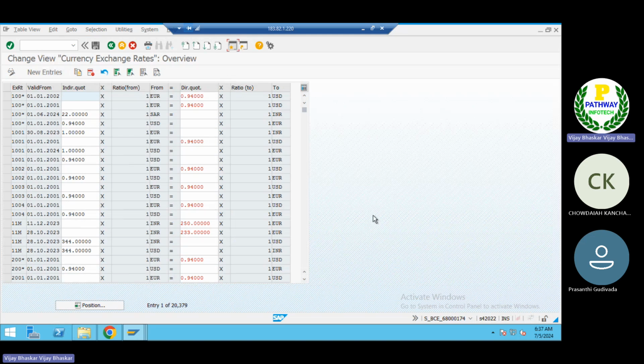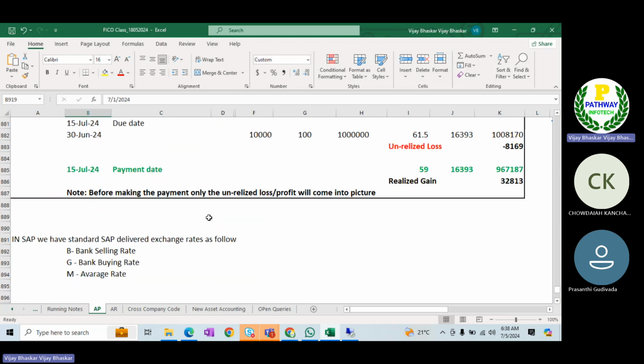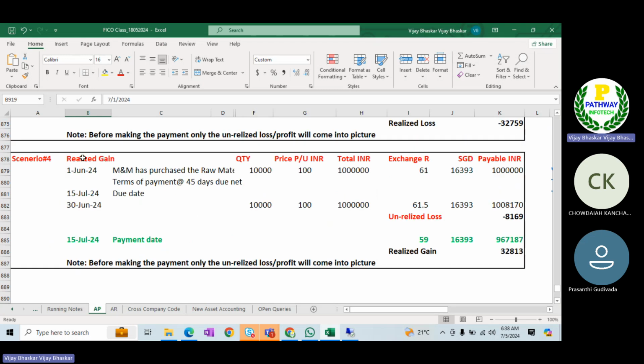Be careful while entering the exchange rates, you need to understand clearly. Now, when you are performing the business transaction, let me enter 1st July 24 as the date. Or else, if I go to the earlier scenario, 1st June.